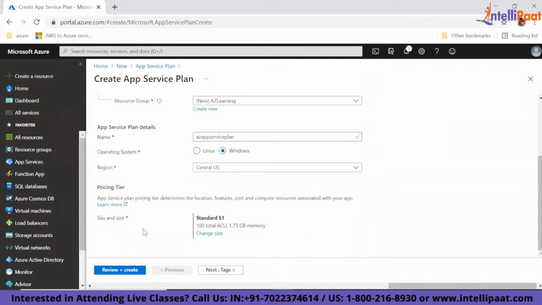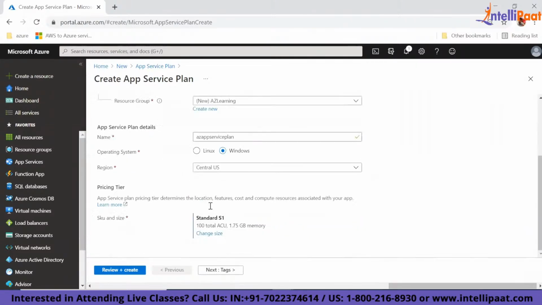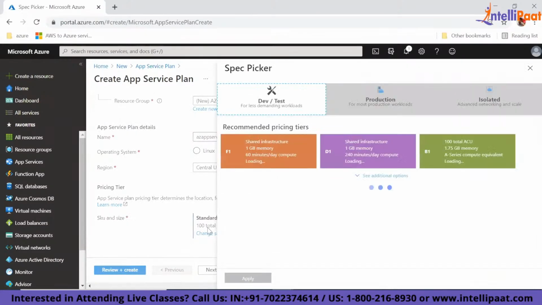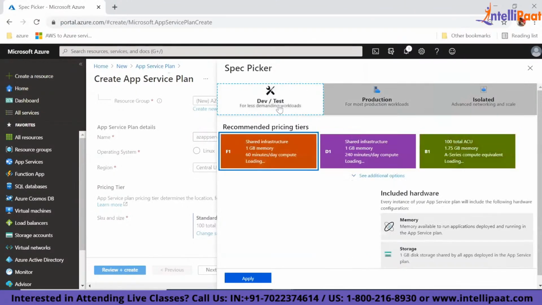Okay, next the final thing is which talks about the SKU and size. This is the pricing tier, which will add more features to your app service plan or your hosting plan. So let's go and figure out what is there. So if I click on change size, you will see now there are three sets of things available. One is dev test, one is production, and one is isolated.